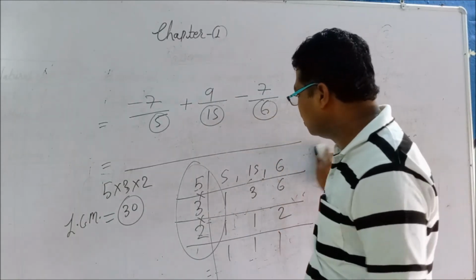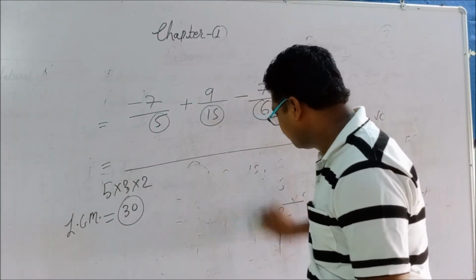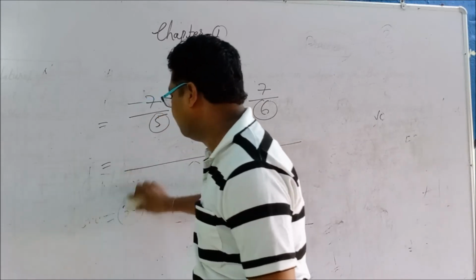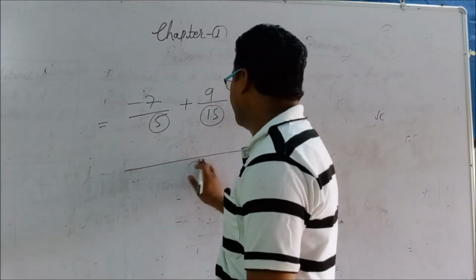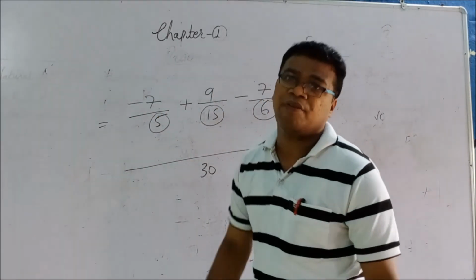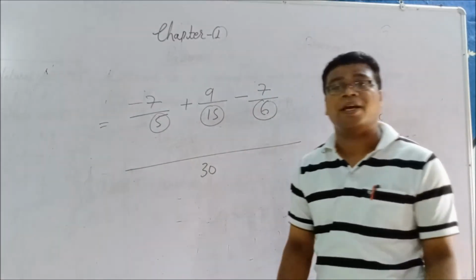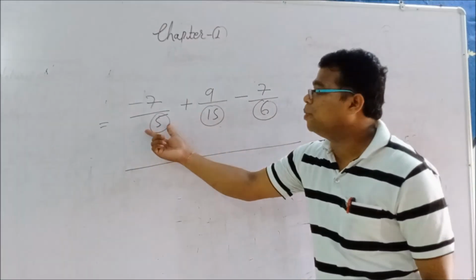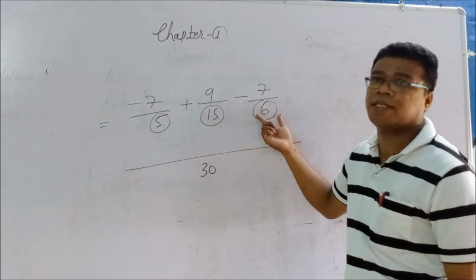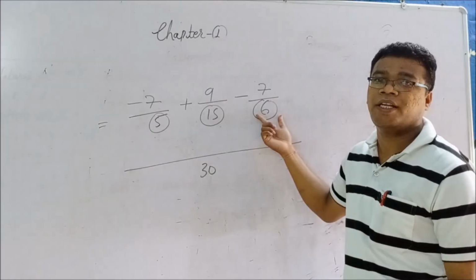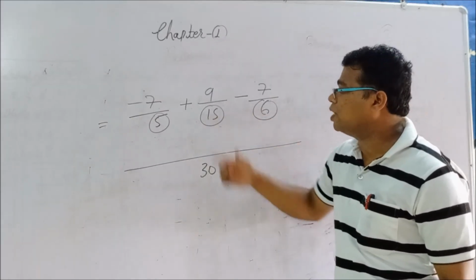This is your rough work, but I am solving here. 30 will be the LCM. Otherwise, I have given you one trick also. See, apply the trick. What was my denominator? 5, 15 and 6. And after that, what is the trick given by me to you? Consider the biggest denominator, meaning